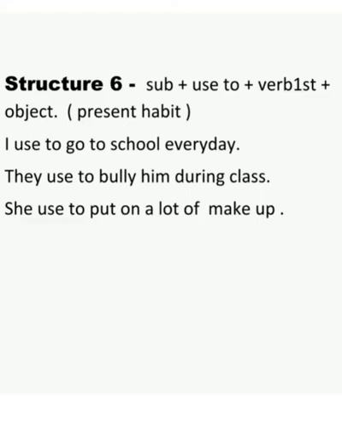Now structure number 6. Structure number 6 is all about subject plus used to plus verb first form plus object, and in the bracket we can see present habit. जो भी आपकी प्रेजेंट समय की हैबिट होती है, प्रेजेंट टाइम की जो भी आपकी हैबिट्स हैं, जैसे कि आप रोज़ सुबह दूध पीते हैं, आप डेली 2 घंटा टीवी देखते हैं, ठीक है, आप डेली स्कूल में 6 आवर्स स्पेंड करते हैं, आप डेली अपने फ्रेंड्स को बुली करते हैं, सो आप डेली पार्क में 2 घंटे खेलने जाते हैं. सो ऑल दीज काइंड ऑफ सेंटेंसेस, all these habits of yours we make in structure number 6.